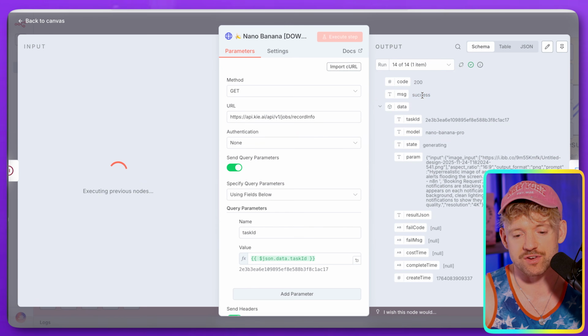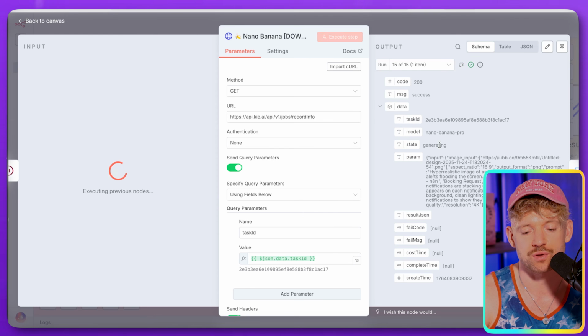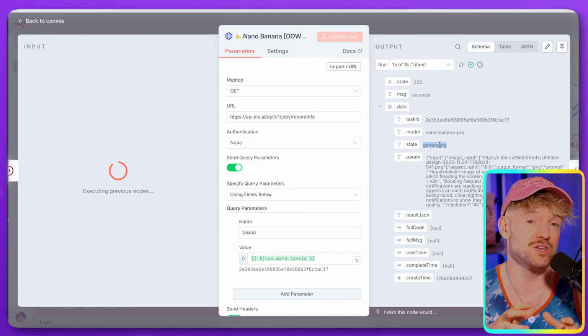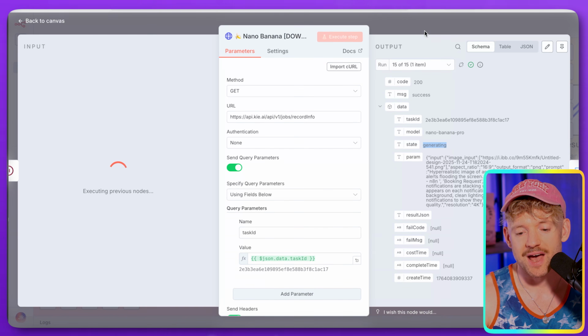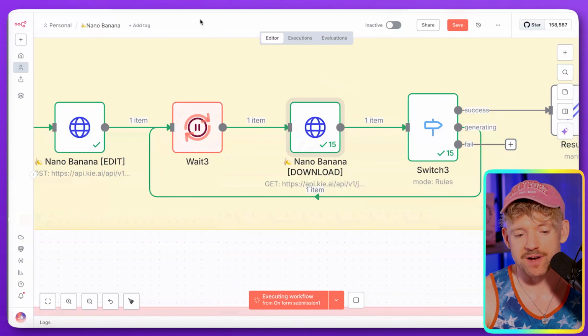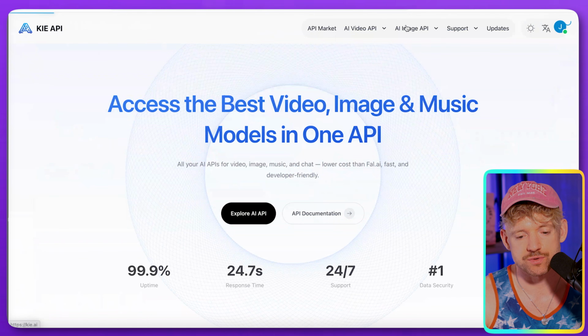It's looking for, is it successful or not? Now, the state is the thing we're looking after here, which is not to be generated, but to be completed. And when it's completed, it will progress downwards. And at any time during the entire process, we can actually come over here to the API, which I'll pull